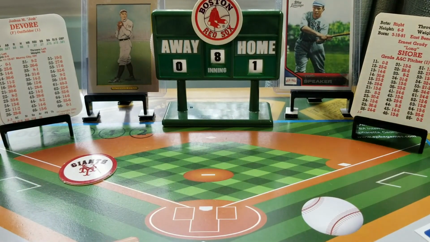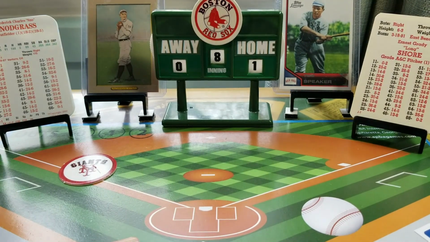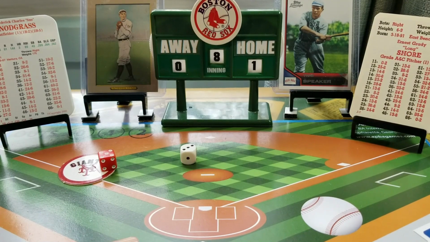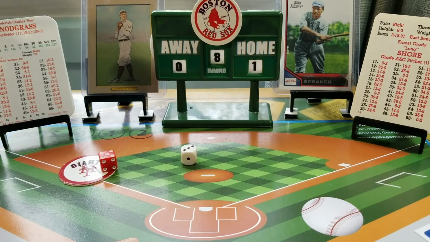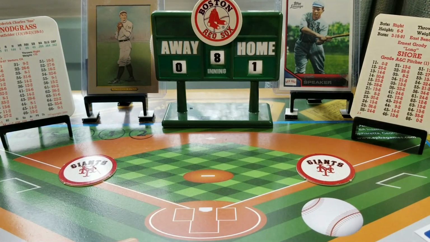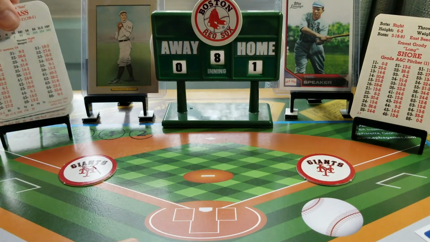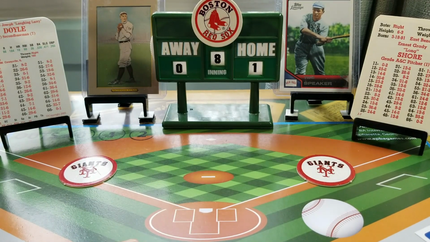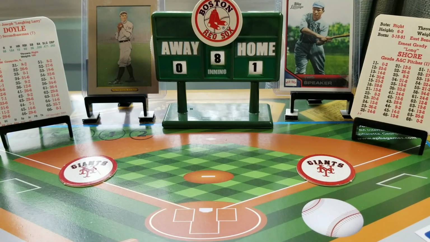2 outs. Fred Snodgrass, infield's playing back. Ernie Shore pitches. 53 is a 16 on fielding column 2, hit by a pitch ball. Puts runners at the corners. So best scoring opportunity the Giants have had in this game. There are 2 outs. And their best hitter, Larry Doyle, .330 hitter in 1912,